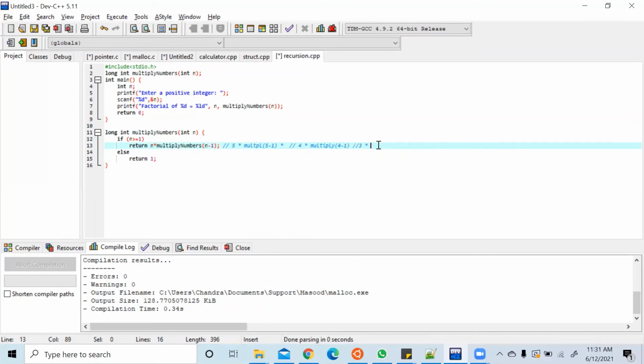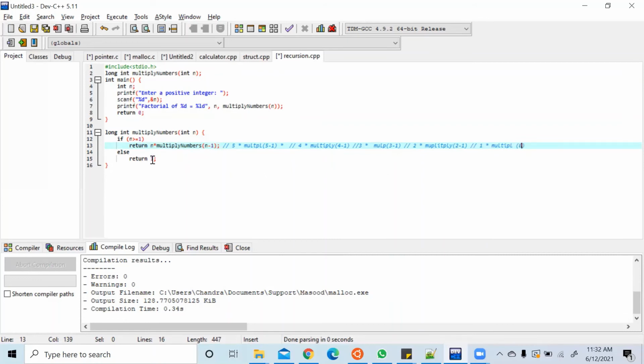So finally it is 3 star multiply of 3 minus 1, then 2 star multiply of 2 minus 1, which is 1. Then again it comes 1 star multiply of 0.